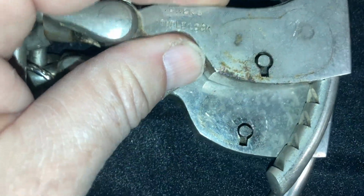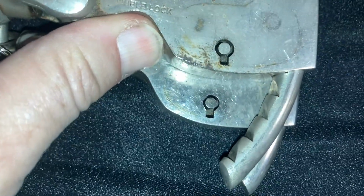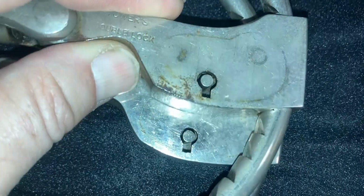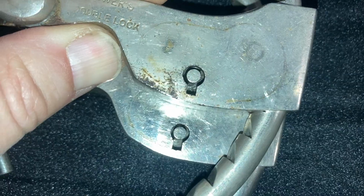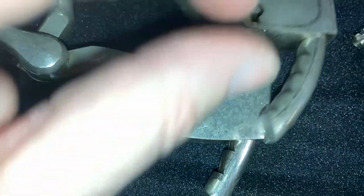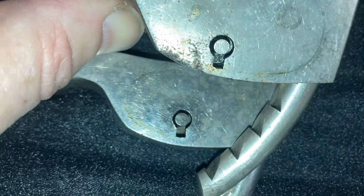Here's an example. Now, also sometimes the posts get bent over time. The cuffs get dropped, things like that. But in this particular pair, this is the same pair, and it's the double lock with the swivel. You can see the difference